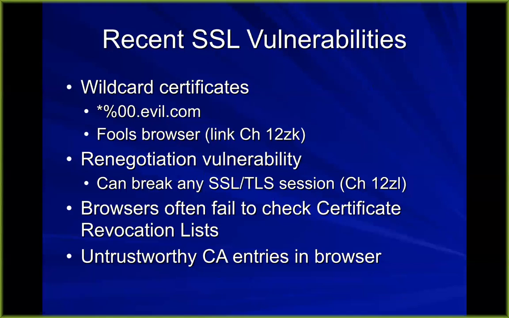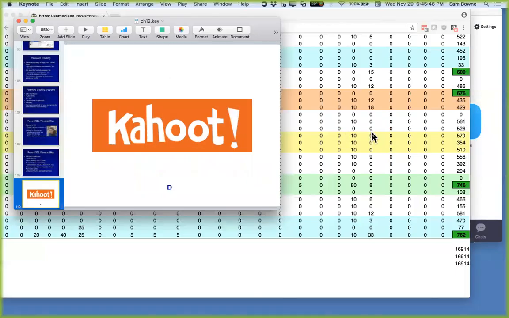All right, then there's the renegotiation vulnerability. You can, for some reason, renegotiate a session and demand a new key, and that turned out to weaken the system. Like I said, they often fail to trust certificate revocation lists, and your browser trusts highly untrustworthy people like the government of China to sign websites. So it is kind of nuts, the current system, and various people like Moxie Marlinspike have proposed other systems where you have some more complicated trust structure than just trusting everybody in a list, but none of those have become popular yet. So I have a few more thoughts about this stuff, and then I want to show you the